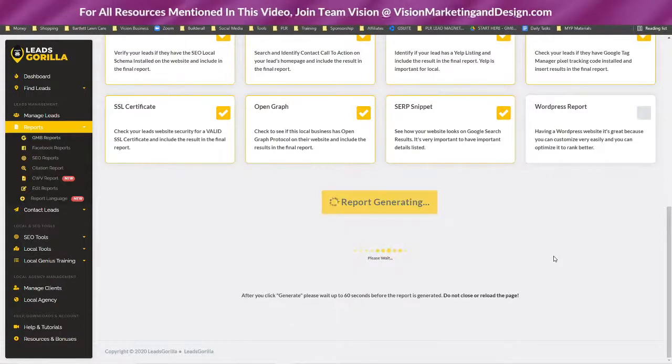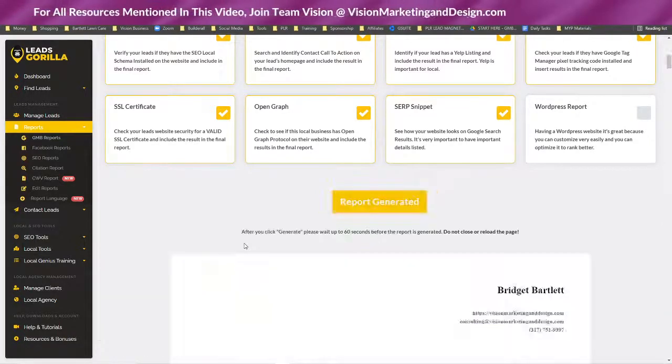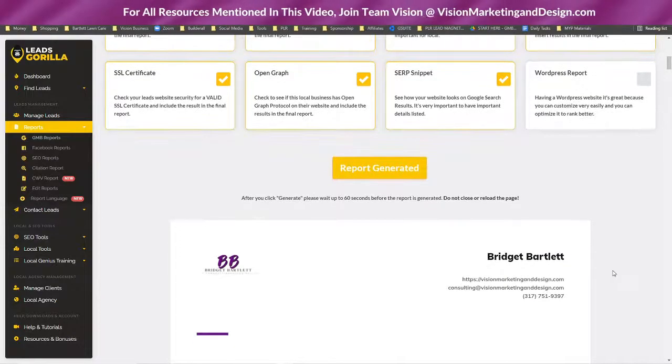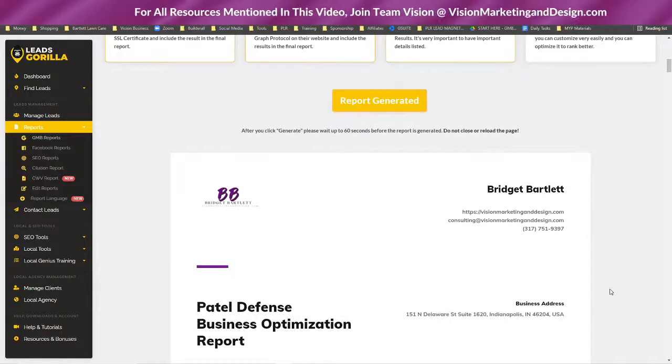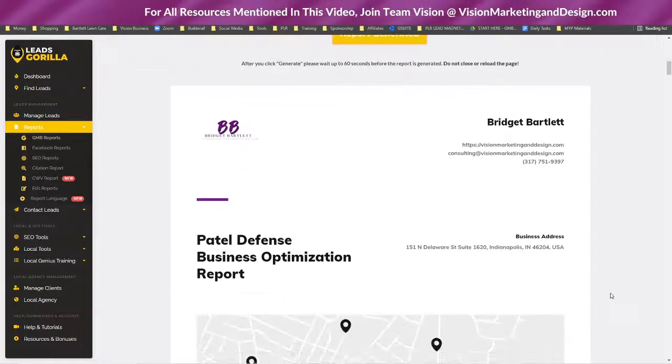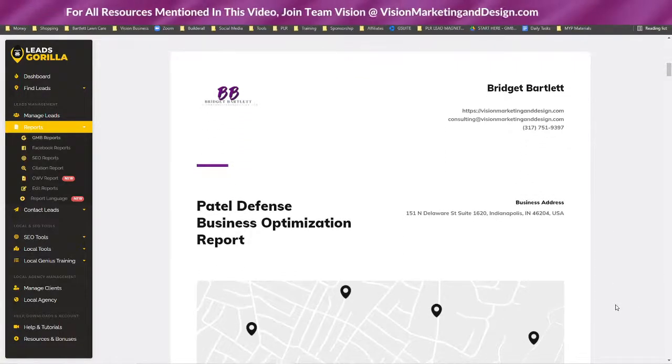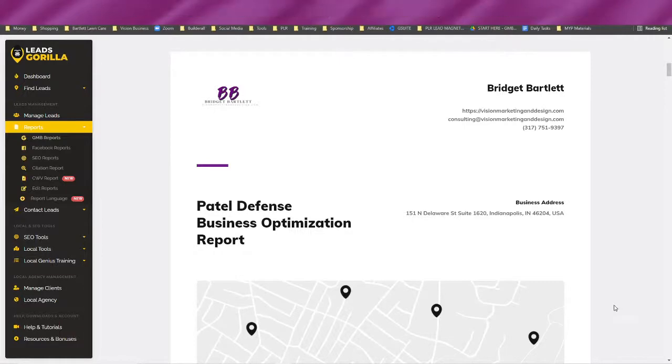While this is generating, you can definitely be thinking about your process. So you get the lead, they schedule the appointment, you're meeting with them, and you say, yes, I would love to help you. I've created this report that I'm going to go ahead and give you. You could also give them this report as a way to get the appointment if you really wanted to. But I don't really recommend that because a lot of people will not respond to your email, and it's going to take you a long time to be generating these reports unless they're actually going to have a meeting with you.